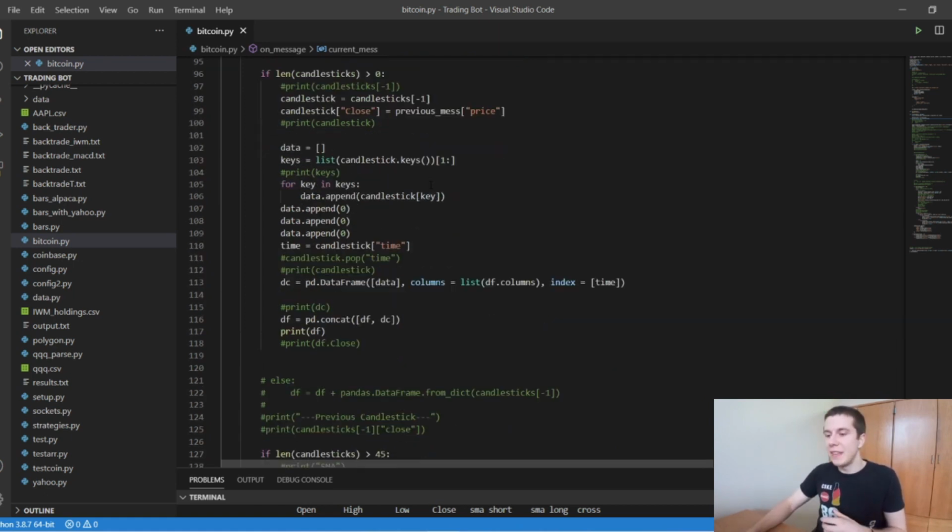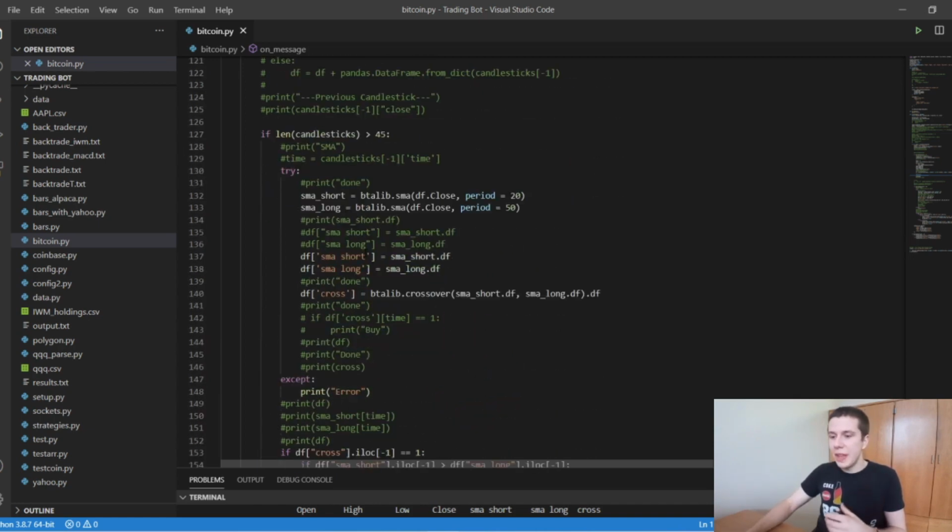So I do that, and then I put this candlestick data into a pandas data frame, because that data frame is what I can pass into my indicator to calculate whatever indicator I want. There's a library called bta-lib that I'm using, and it can calculate some technical indicators for you, and you need the data to be in a data frame in order to do that. So I'm putting the data here in a data frame, and then concatenating it with the current data frame. Every time I get a new minute of data, I just add that to the data frame, and it just keeps building and building